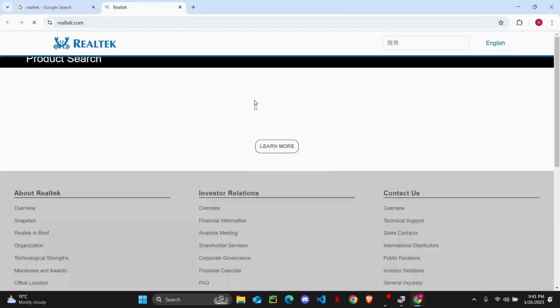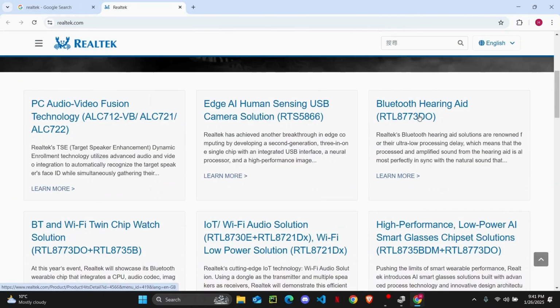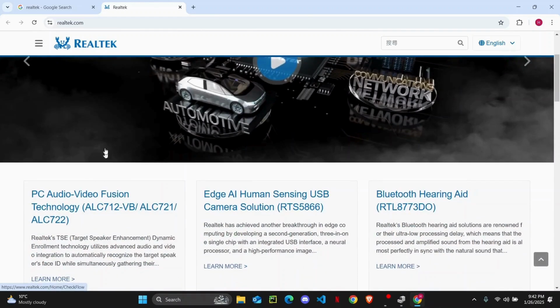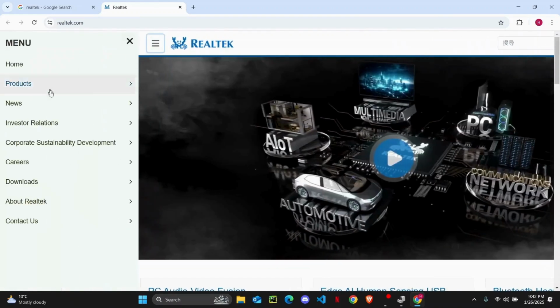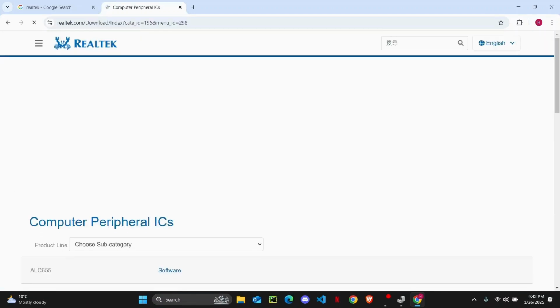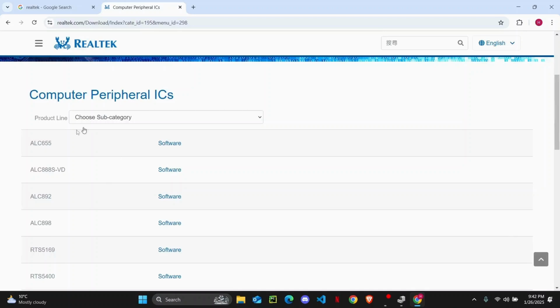And once you land on the home page, go ahead and scroll down until you find the hamburger menu on the left side of the screen. So just tap on it. Then here you are going to click on downloads and go to the computer peripheral ICs. Click on this, and once this is loaded, click on the subcategory, and here you can choose the very first option. Click on software,